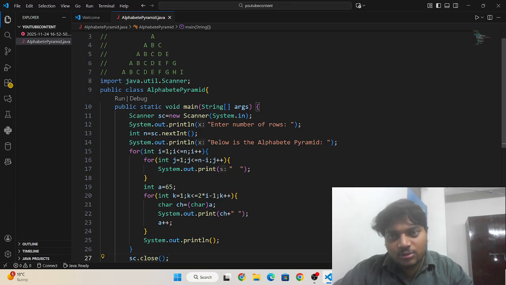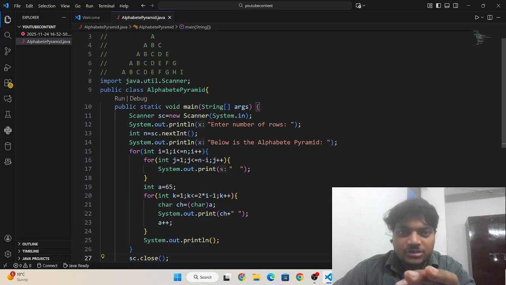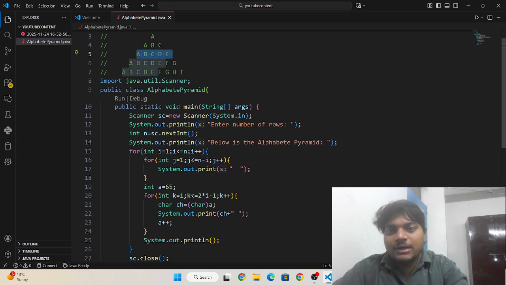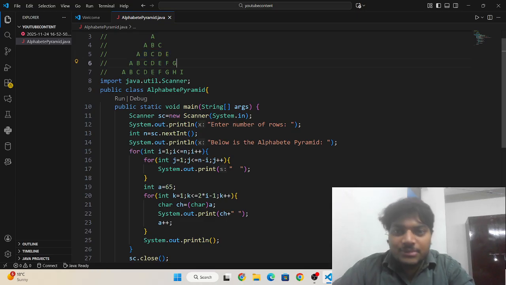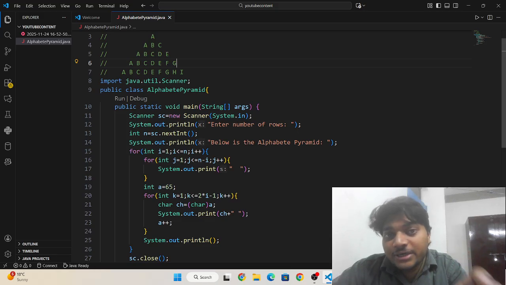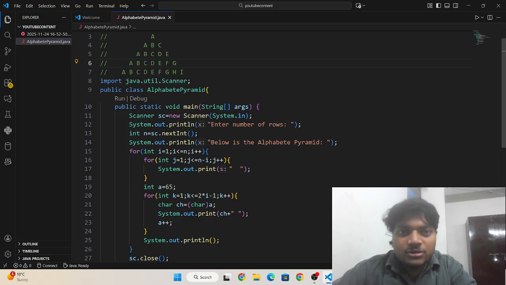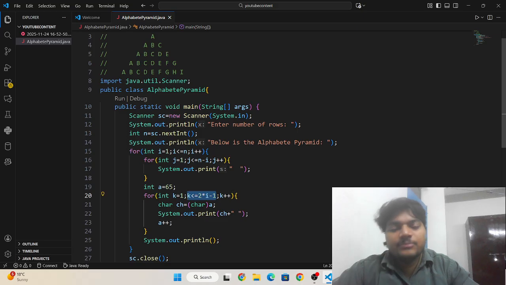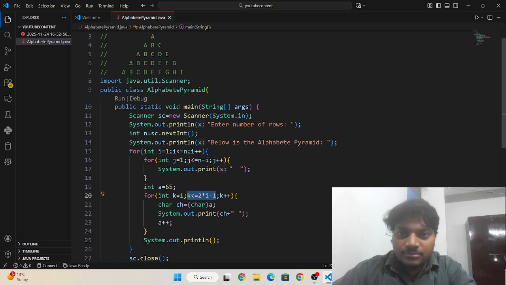If you are in the second row, twice 2 is 4 minus 1 means 3 is going to print, in the third row it is going to print 5, in the fourth row 7. So 1, 3, 5, 7, an odd number of alphabets is going to print in each row.